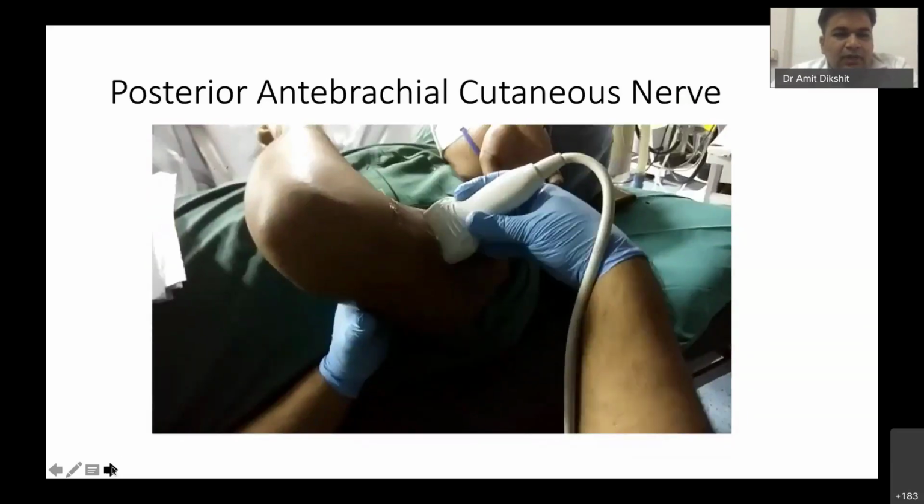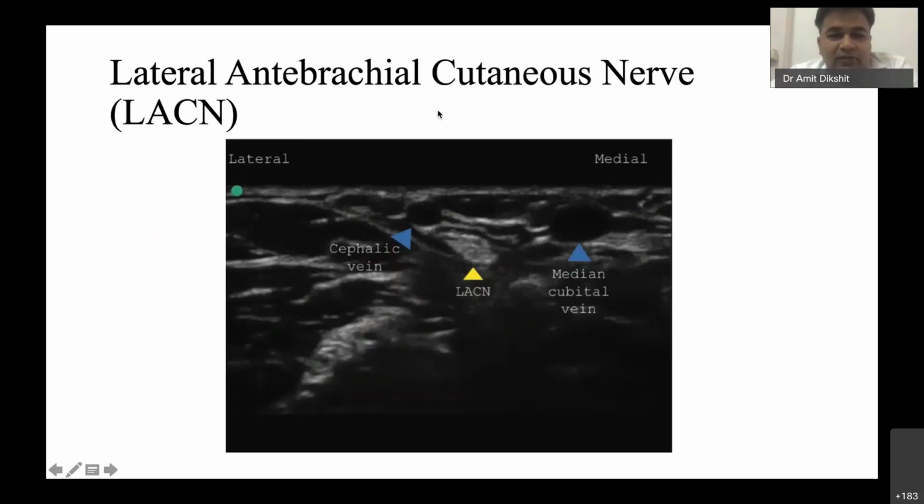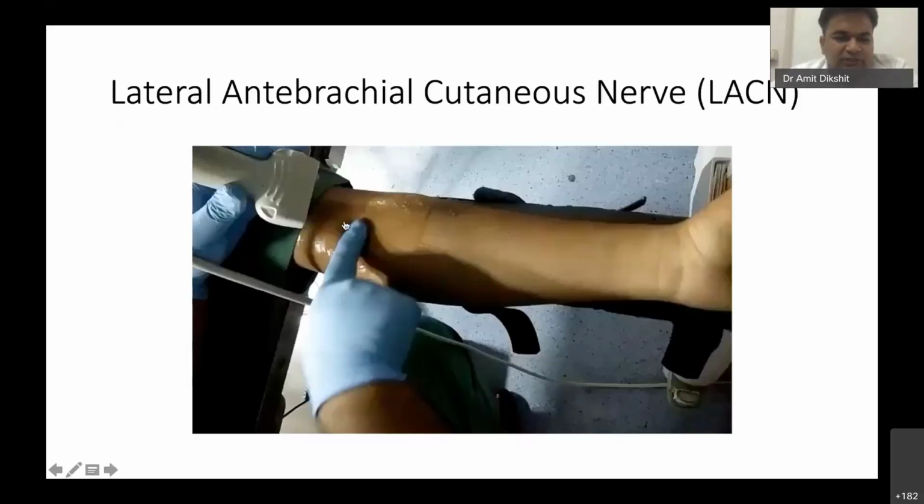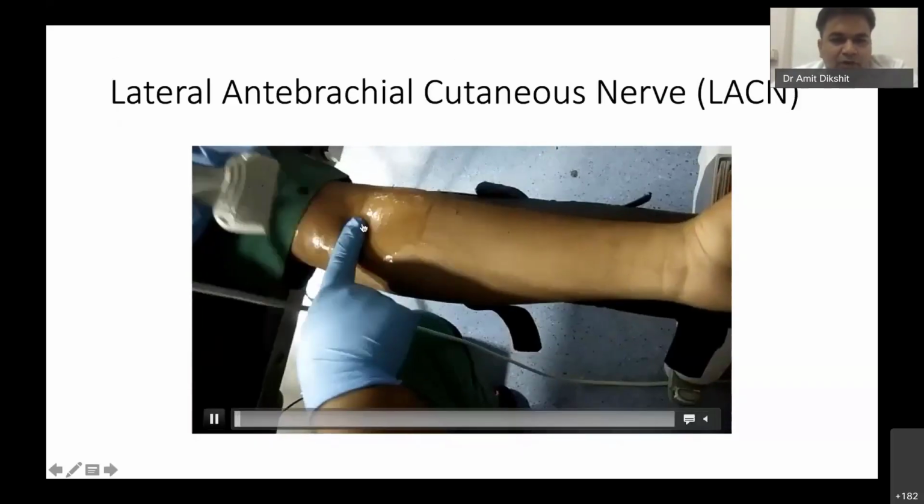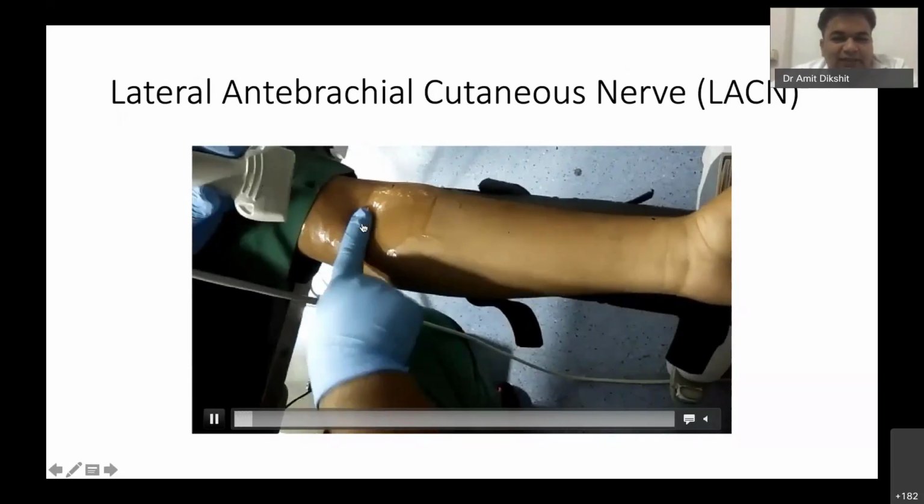Again, the lateral antebrachial cutaneous nerve. Now, this is very important for wrist surgeries where we do not wish to block the musculocutaneous nerve at a higher level, which can lead to flexion problems. The patient will not be able to flex because the biceps is paralyzed. Here you can see the important landmark is the cephalic vein, and a nerve is just adjacent to the cephalic vein. So how do we do it? The procedure is very simple. You have to palpate for the tendon of the biceps.